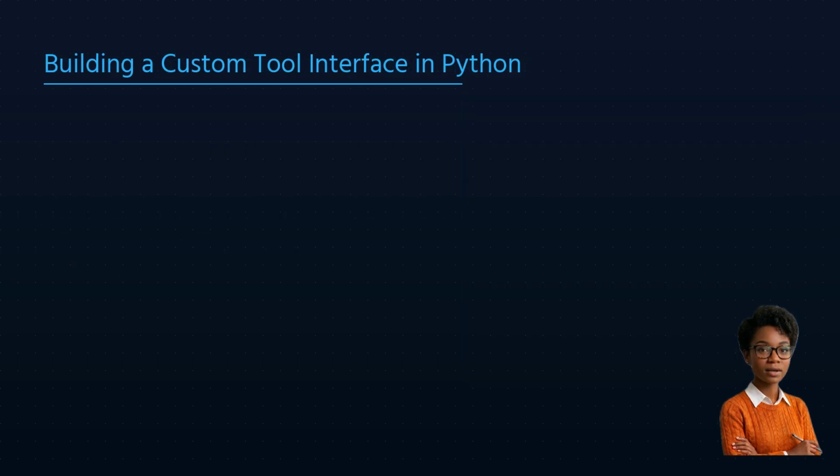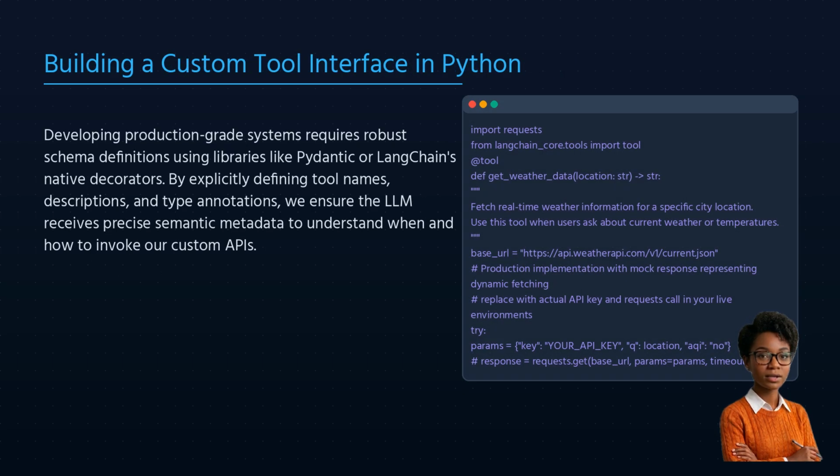Now let us translate this architecture into concrete, production-ready Python code. Here, we are using LangChain's tool decorator to wrap a custom HTTP client helper that fetches current data. Pay special attention to the docstring and typing in this script. This is not just documentation, it is parsed directly into the JSON schema that is sent to the LLM to